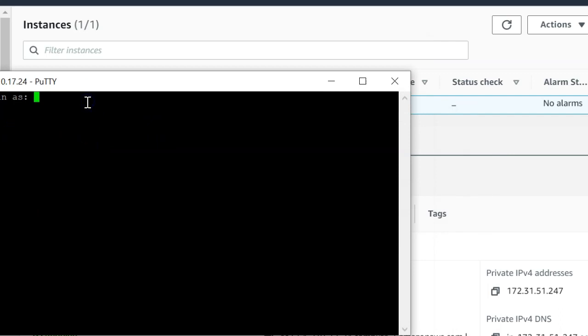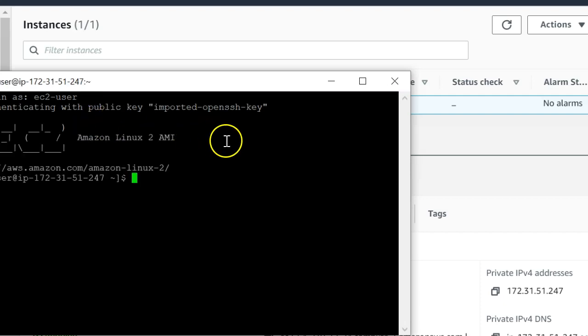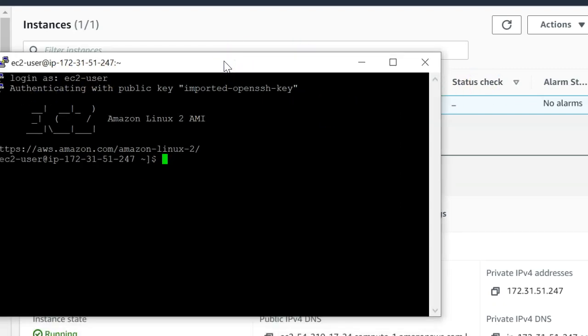Enter the username ec2-user and hit enter. That's the default username for logging into your Linux EC2 instance, and you always need to use ec2-user.